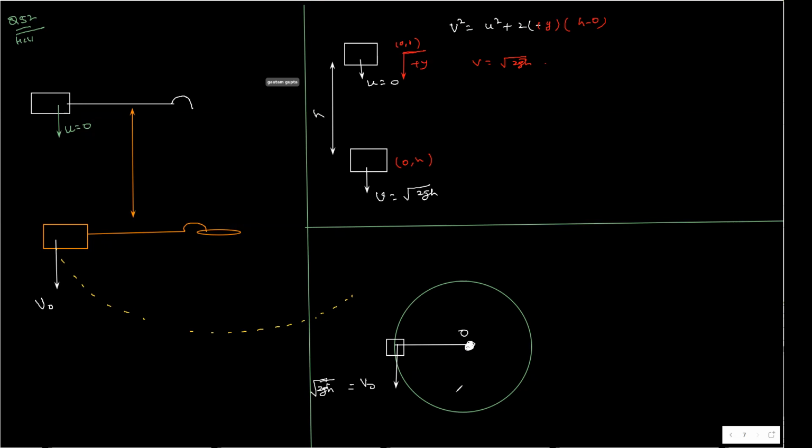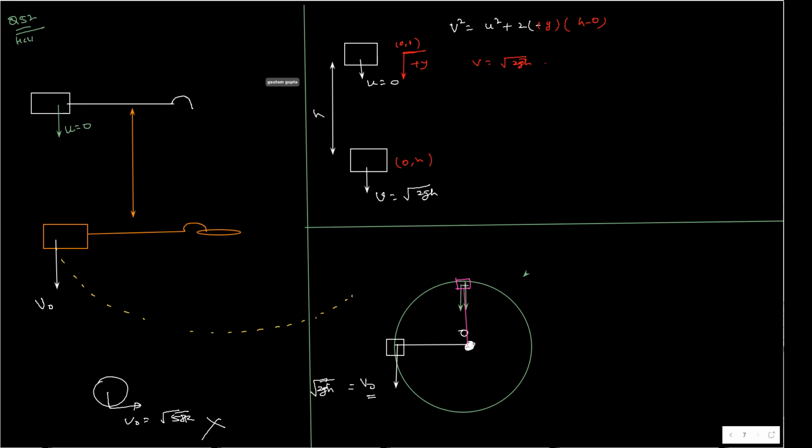Now this is not the standard condition that I derived. In the standard condition it was starting from this position, and then v naught should be root under 5gr. But this is not the case here, because it starts from here. So how will you find the minimum condition that it completes the circle? Go by that logic. Identify the point where all the forces are directed towards the center. If you draw the free body diagram, mg is here and N is also here when the particle comes here.